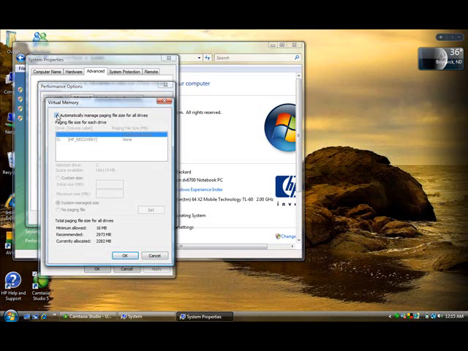And we want to uncheck automatically manage paging file size for all drives, and then if you have a flash drive you can use that, or you can just change the drive to which one you want to set it up for. I'll just keep it on my C, and then the best thing to do is you can leave it as the system managed size like it already is, or no paging file, or you can customize the size you want to. No paging file is probably the best, but if you want to customize it, you can